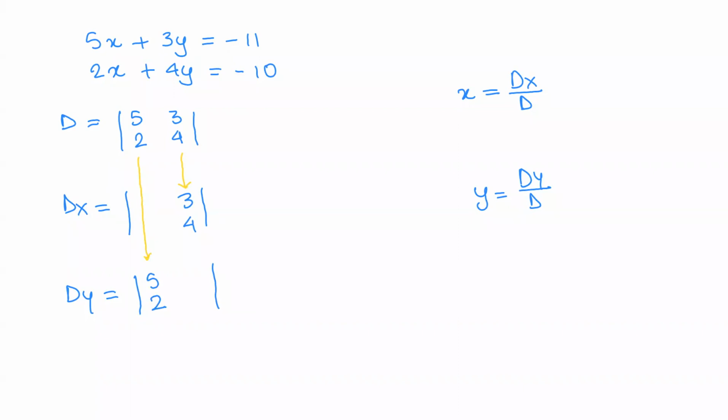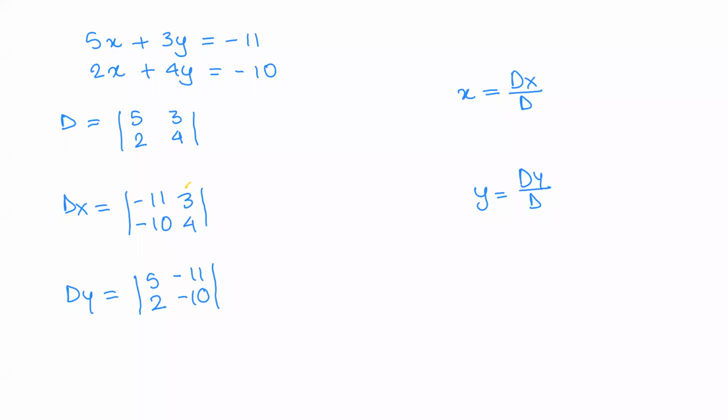Just remember the shortcut technique. It's very easy. 3 और 4 को just bring it down, dx, और 5 और 2 को उसी पोजीशन में ड्रैग करके नीचे लेके आ जाओ dy में. ओके, ये कर लेने के बाद, अब जो कांस्टेंट्स राइट हैंड साइड पे नजर आते हैं, उसे फिल कर दो. We have -11, -10, -11, -10. You simply fill the constants.